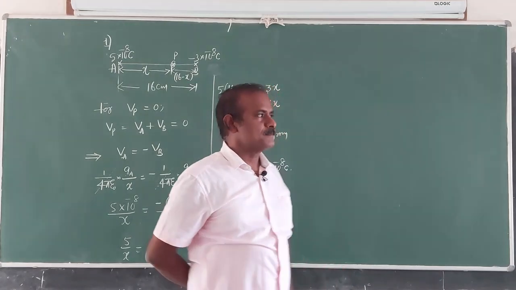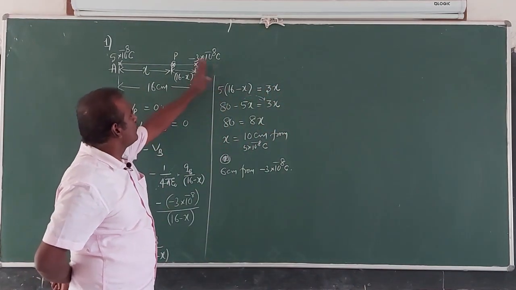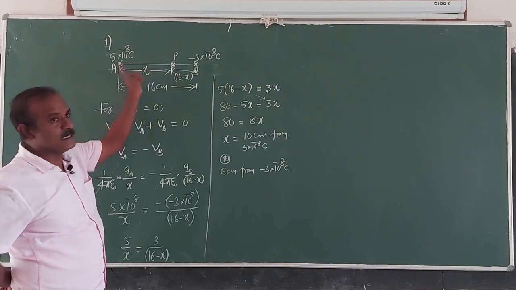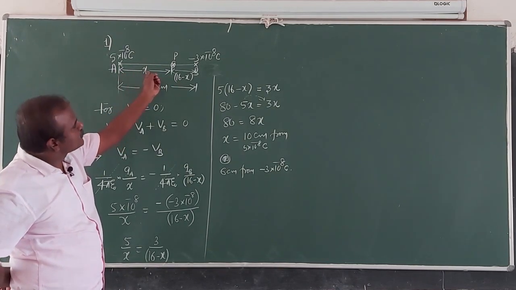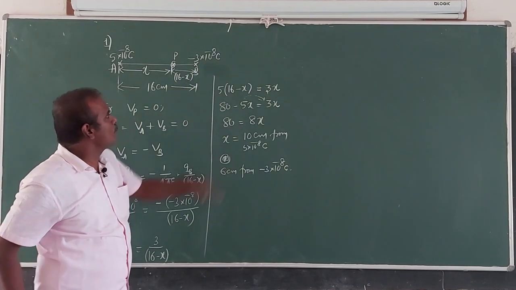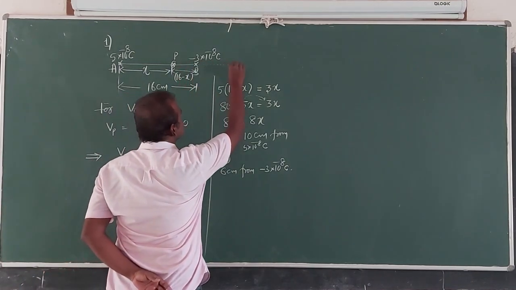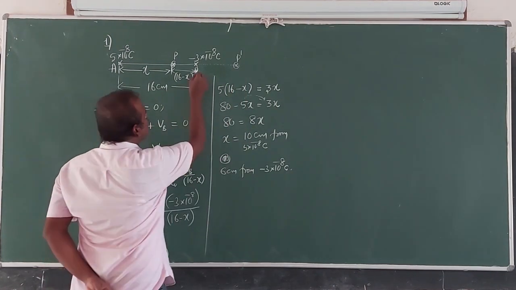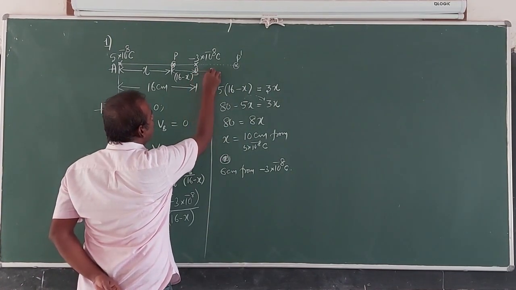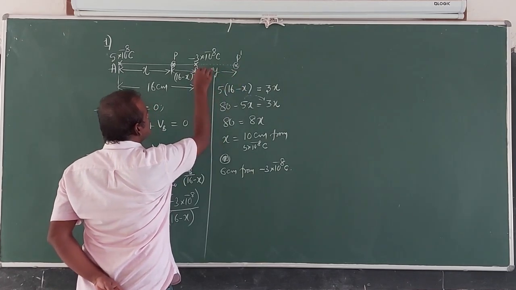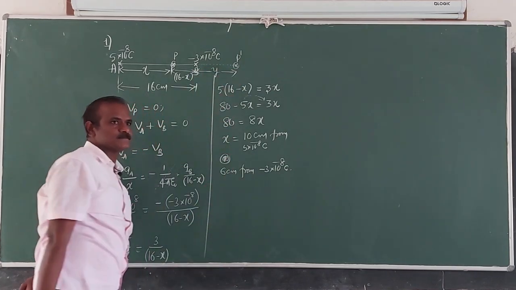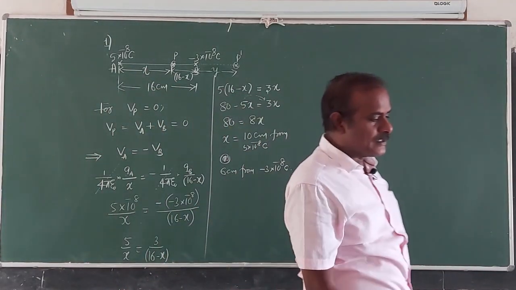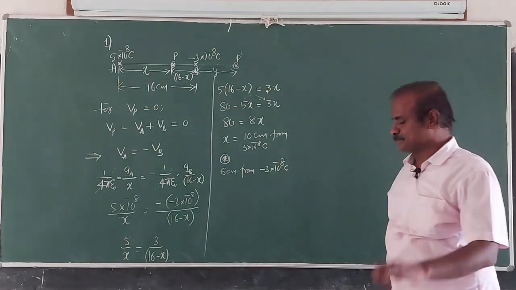You also remember students, potential can also be 0 on the other side. Now this is one location found in between. There is one more point where potential can be 0, that is on this side, maybe here somewhere. Let us call this P dash. Now let us call this distance say y, again measured from the smaller charge. So nearer to the smaller charge, there is one more point where potential can be 0.